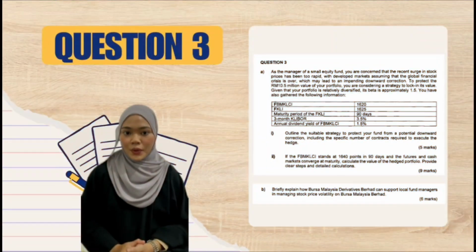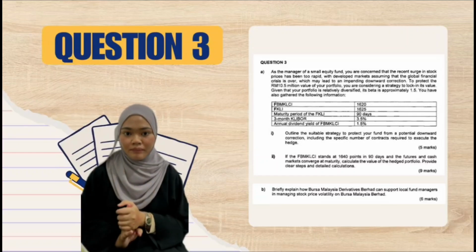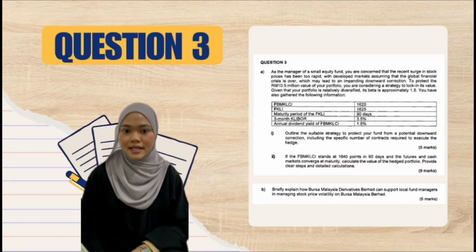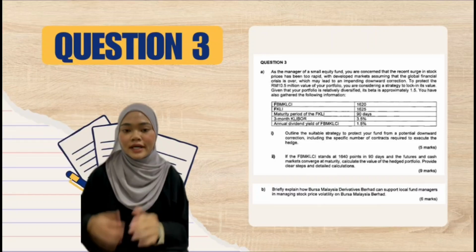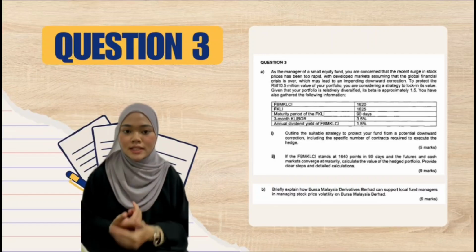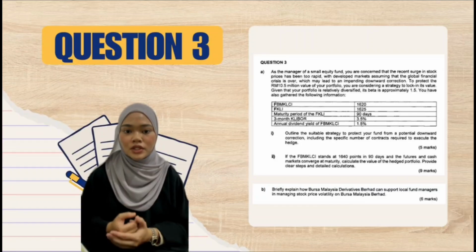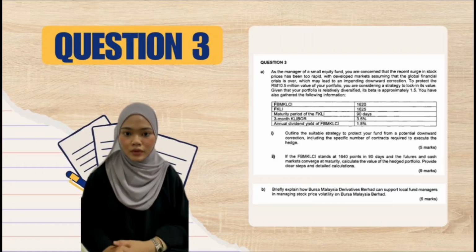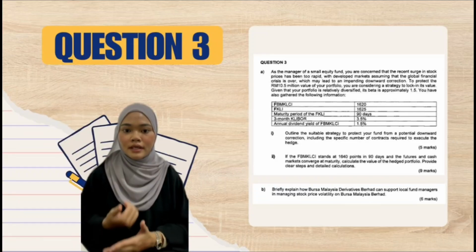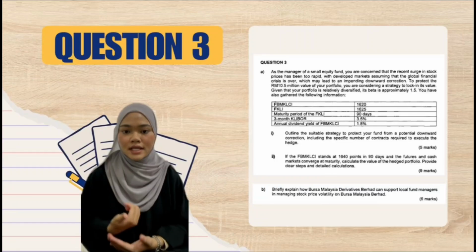management. So, I will continue with question number 3. Before I start the calculations, I identify that this is a hedging question. The keywords are fund manager and expect a downward correction. These keywords show that the fund manager already owns a stock portfolio and wants to protect it from a possible decline in the market. Therefore, the appropriate derivative product is the FTSE Bursa Malaysia KLCI Futures